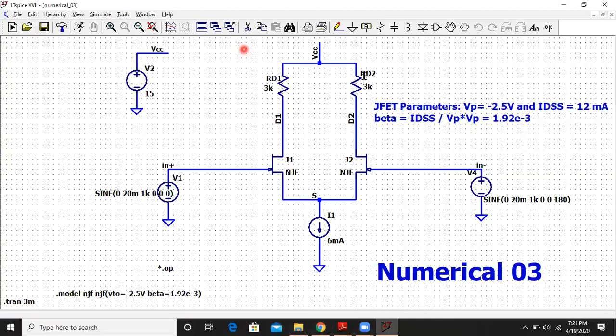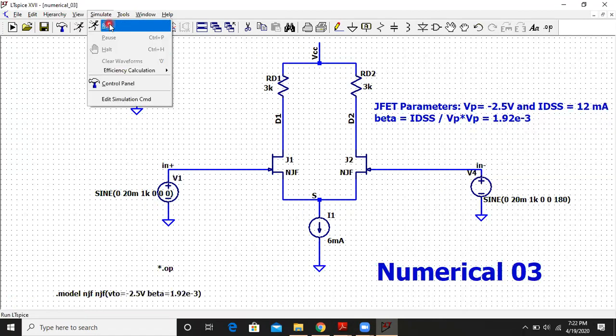Yes, 3 and 3k, it is 15 kilo ohms, and we have applied here out of phase signal at both V1 and V2, out of phase of same magnitude, but of 180-degree out of phase. Now let us go ahead and simulate the circuit. First we will simulate only DC analysis. So for DC analysis, we will remove this. Okay, so now we are ready to simulate the DC analysis.